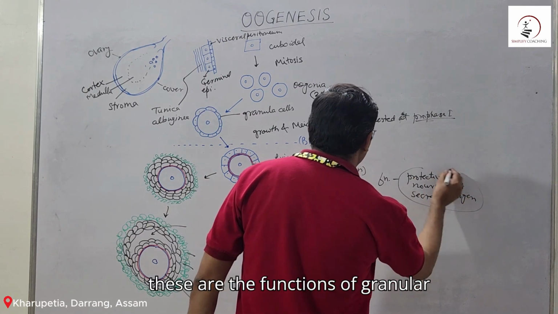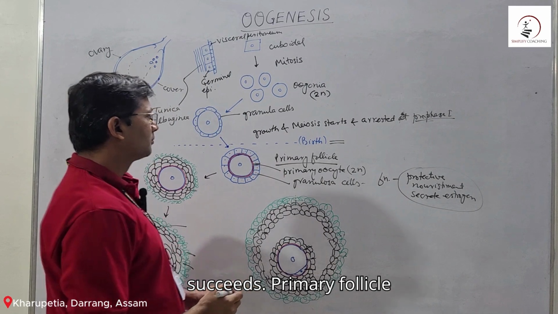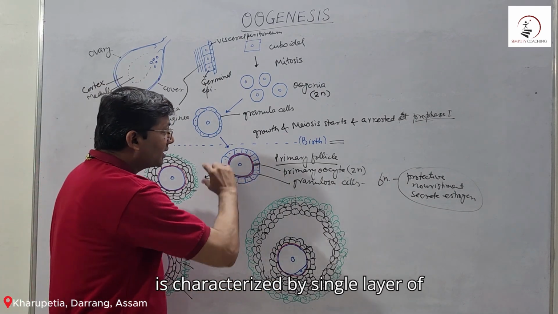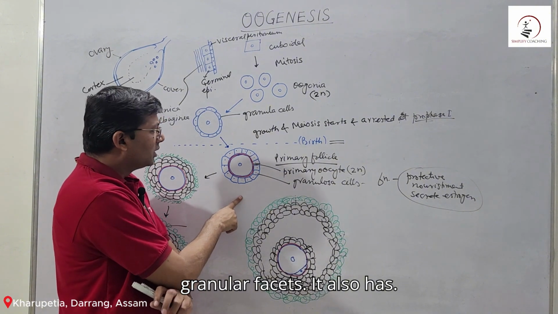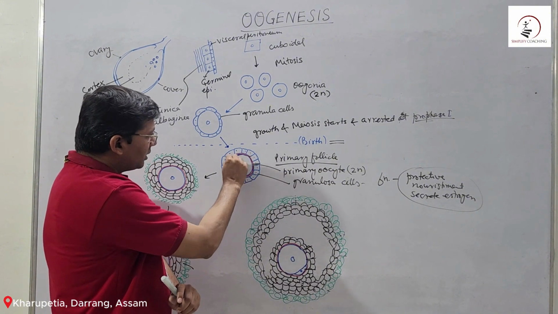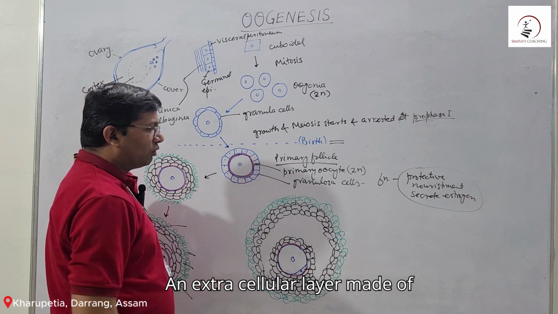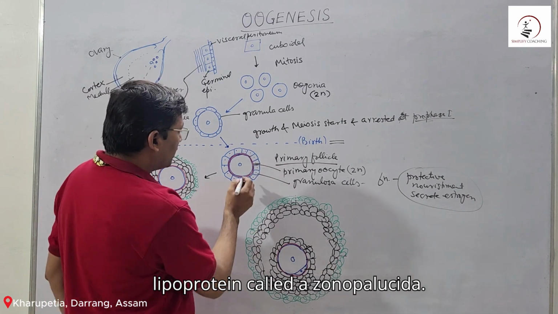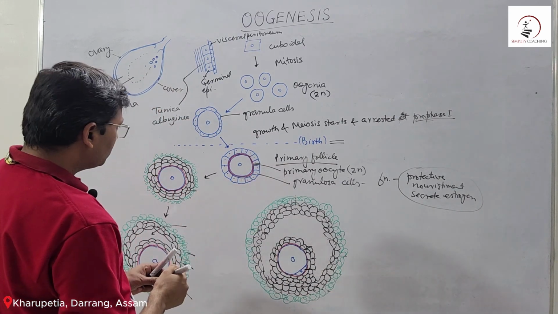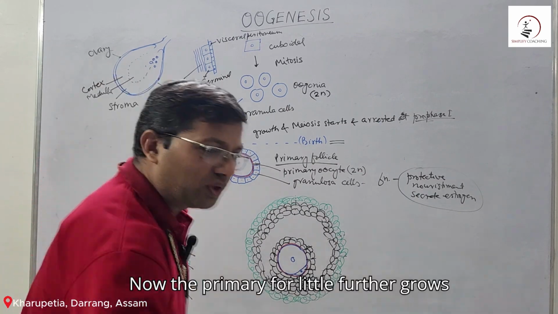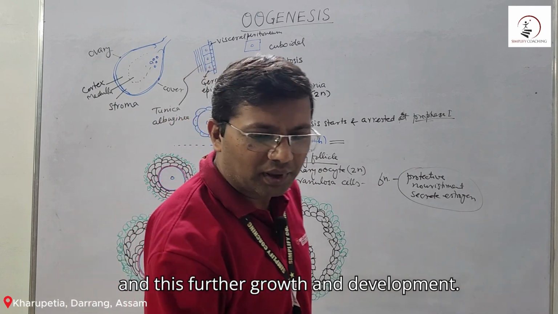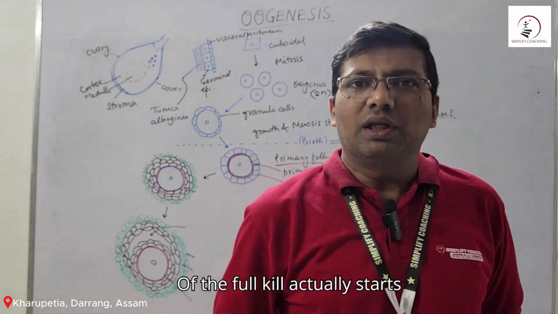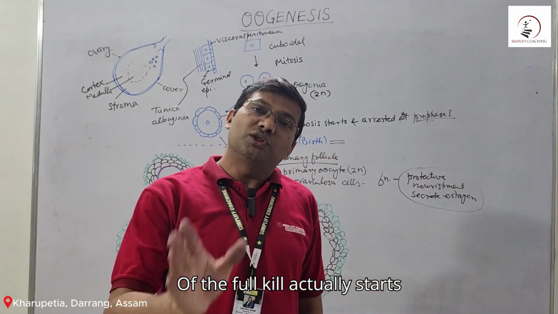So these are the functions of granulosa cells. Primary follicle is characterized by a single layer of granulosa cells. It also has an extracellular layer made of lipoprotein called zona pellucida. Now the primary follicle further grows, and this further growth and development of the follicle actually starts only at the